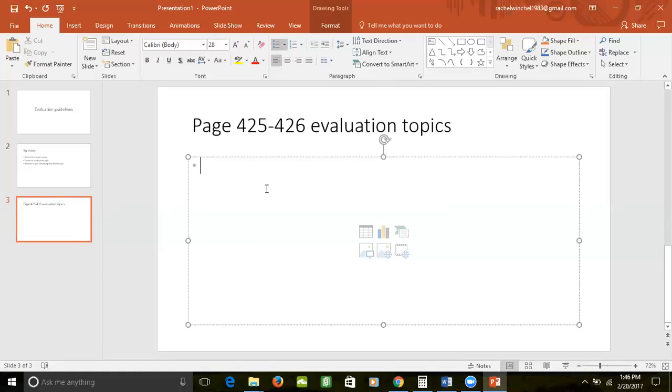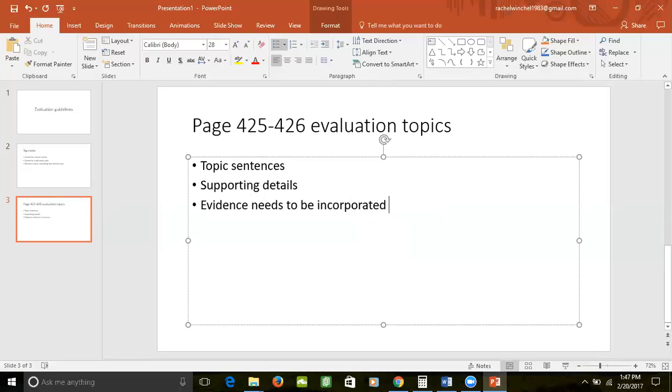And so that means you need to have topic sentences. You need to have supporting details. Your evidence needs to be incorporated in your own analysis. And you'll see examples of that when you read these articles, and you see how the author does not just copy paste a quote and have it in a sentence by itself, but rather the author combines that quote along with the words that he or she originally was using, and the idea that he or she originally had to begin with.